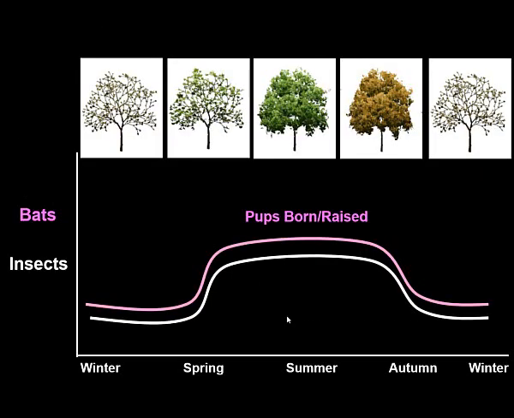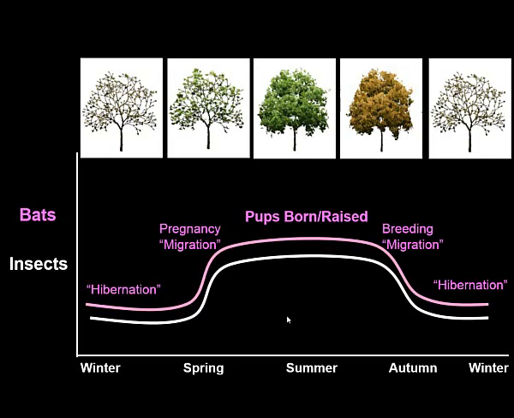So to translate this conceptual model onto the annual cycle of bats, generally bats are having their pups and raising them during the time when the insect abundances are highest. And then as the population of insects tend to start waning later in the season, they'll make some seasonal movements, which I have here in quotes as migration, and they make seasonal movements to their overwintering areas, which I have in here as hibernation sites.